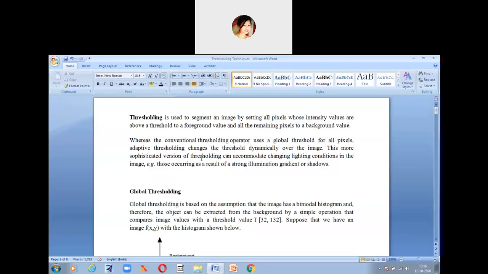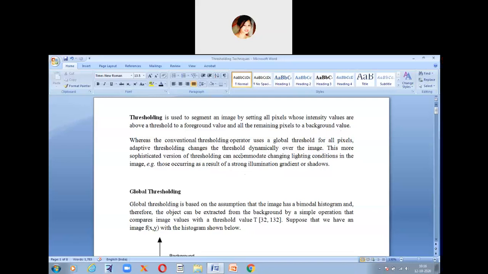Global threshold is used for all the pixels. Adaptive threshold is used to change the threshold dynamically over the image. It will check the value of the threshold, and then it will decide whether to keep it for the foreground value or the background value.